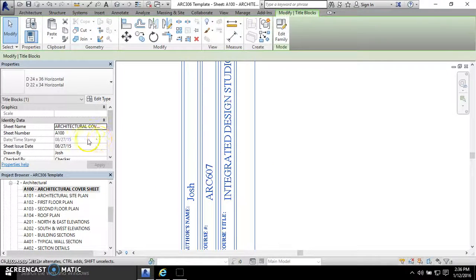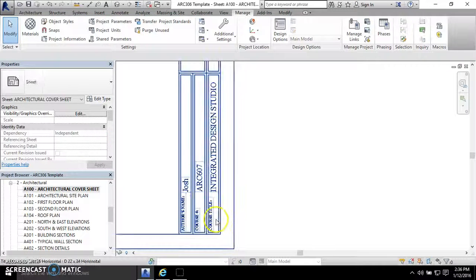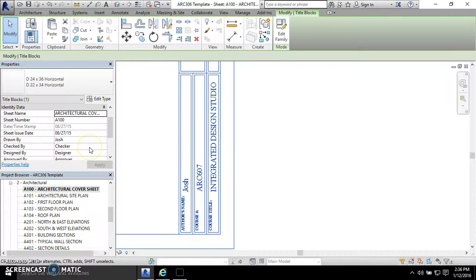The other thing is, if you click on the title block itself, I've done this with parameters, which is why I told you to ignore parameters. There's a drawn by category, which shows whatever's already there, so I can change that and it'll update. This is course number,